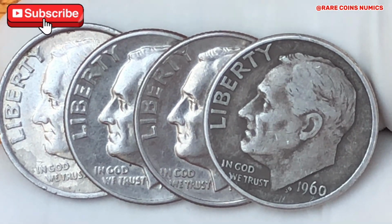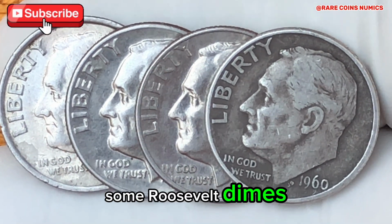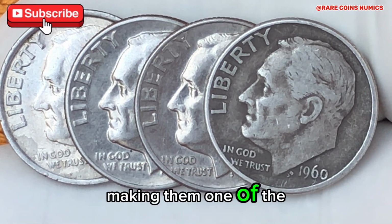A glimpse into the world of rare U.S. coins reveals a shocking secret. Some Roosevelt dimes, once thought to be ordinary, have now skyrocketed in value, making them one of the most expensive